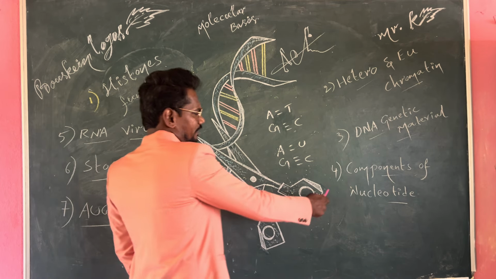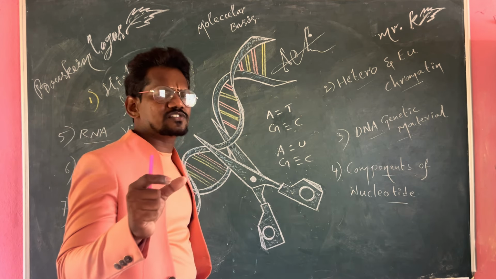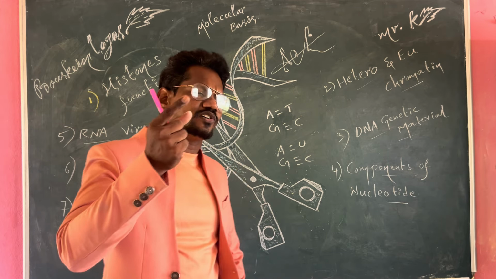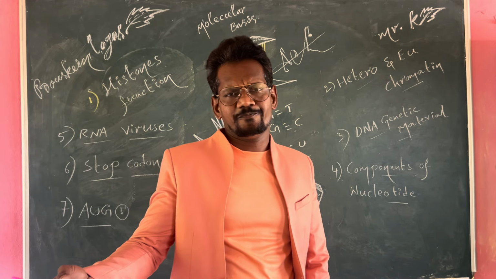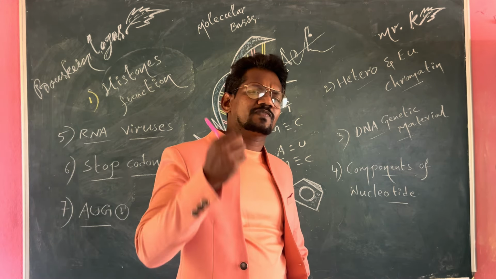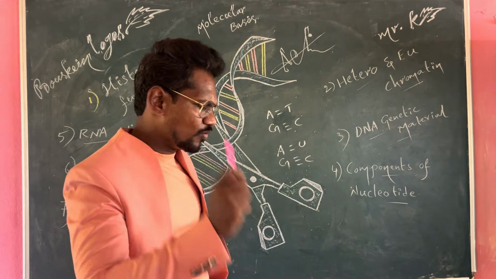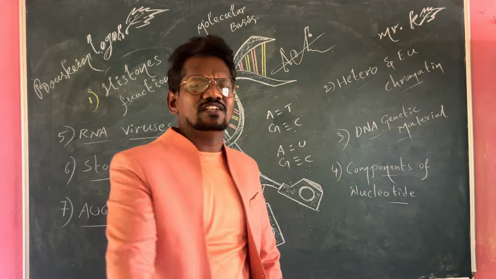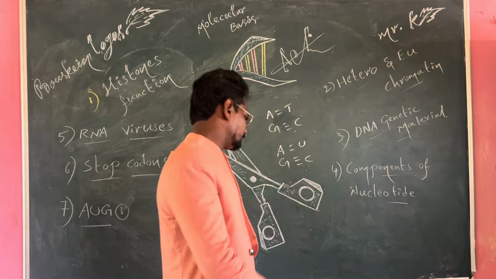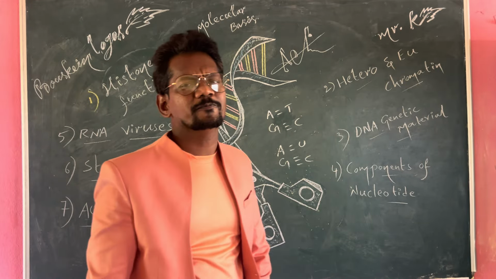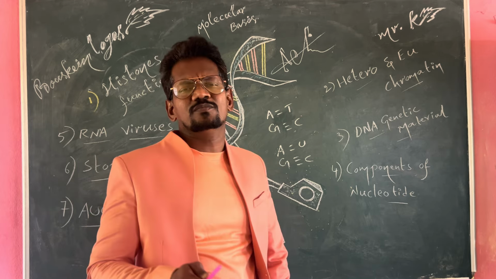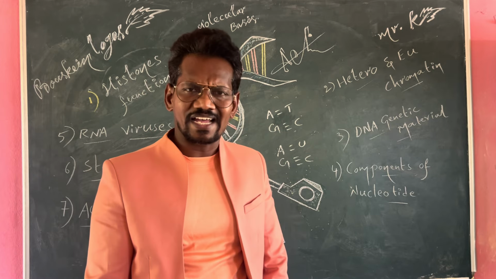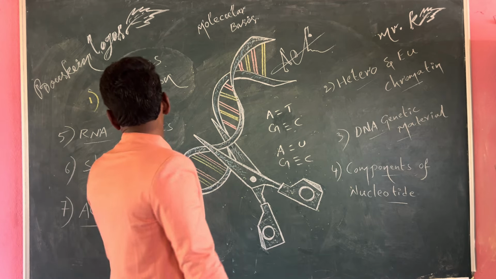Done. Followed by, what are the components of nucleotides? In the genetic material, especially DNA, nucleotides are there, nucleosides are there. So a nucleotide has 3 components. Number 1, pentose sugar. Number 2, nitrogen base. Number 3, phosphate molecule. So pentose sugar, nitrogen base and phosphate molecule are the components of a nucleotide. Done. Then followed by